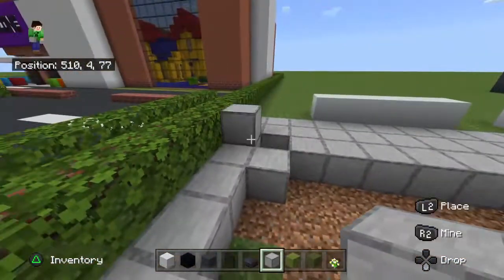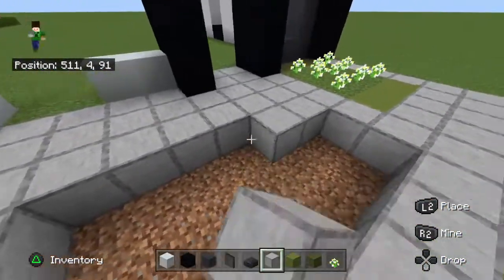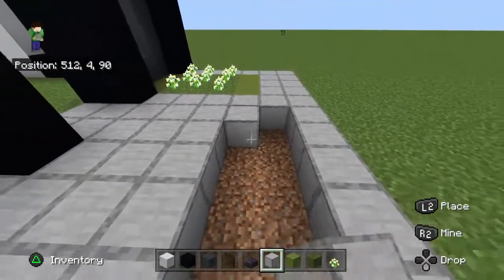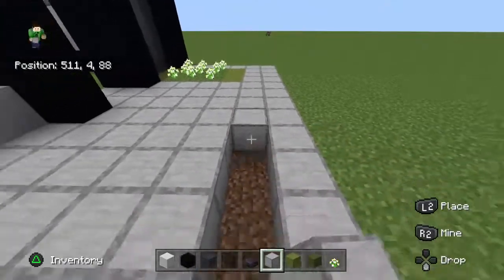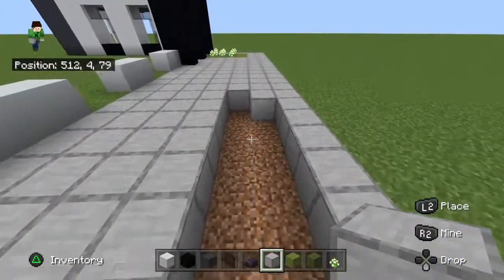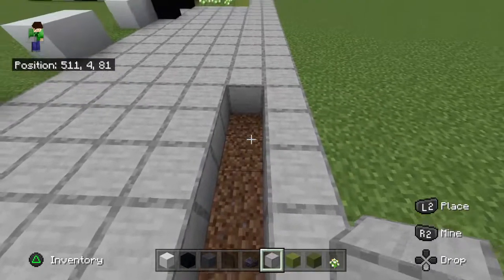I've decided not to add one because this is a modern Chick-fil-A, and modern problems require modern solutions, like not having car parking spaces. So on the end here, we'll also have a couple of smooth stone just on the corner,